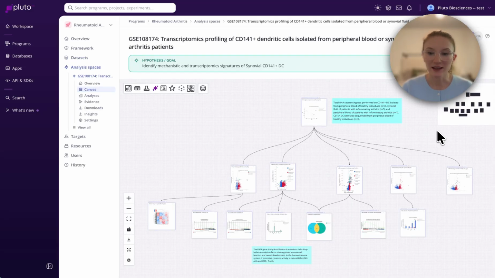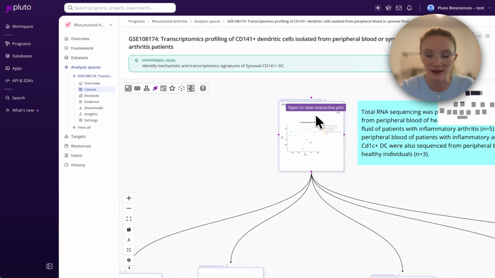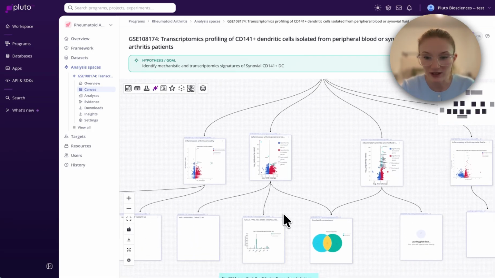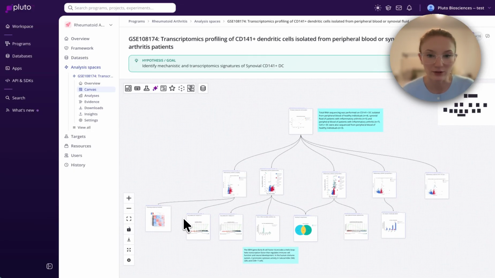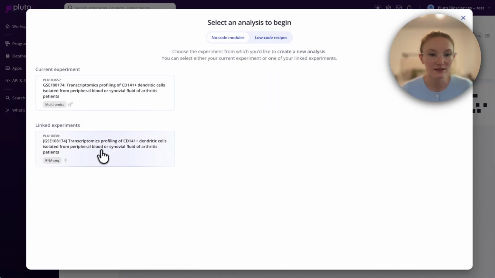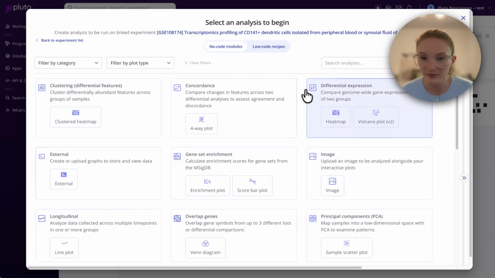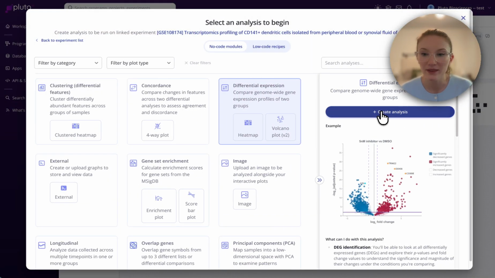The canvas is like a functional scientist whiteboard that updates in real time, like a Google Doc, so you can have multiple people on here running analyses simultaneously. You can add notes and really start to tell a scientific story. But all of the analyses that you're seeing here, like PCA, differential expression, gene set enrichment, summary plots, are generated using non-coding graphical modules. So you can just click to create a new analysis, select your dataset, select the analysis type,